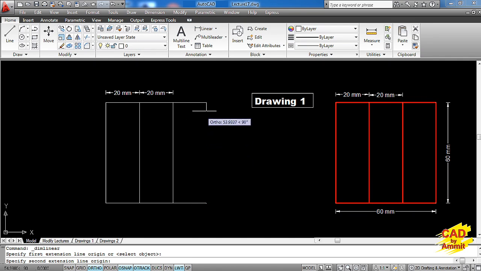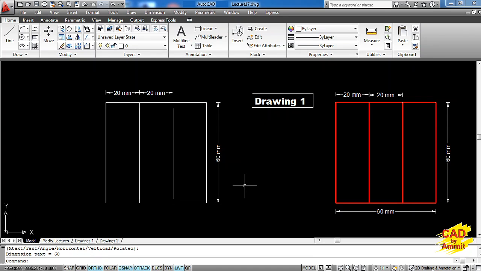I'll pick this point, I'll pick this upper point, we drag it and we click here to get a vertical dimension. We again repeat the same command. We pick the left corner, we pick the right corner and we drag it and we click here to get the horizontal dimension. So this is how we finished drawing number 1.